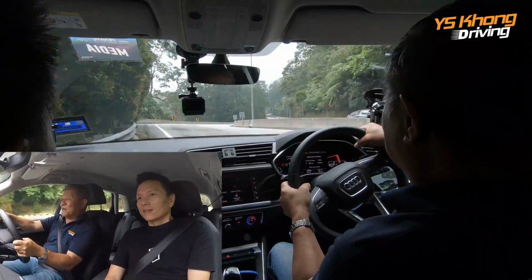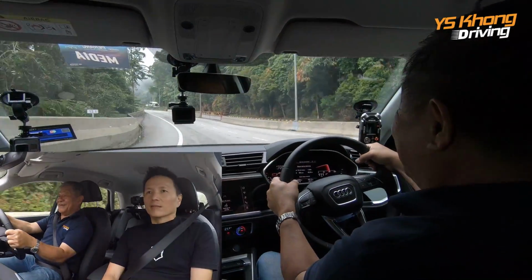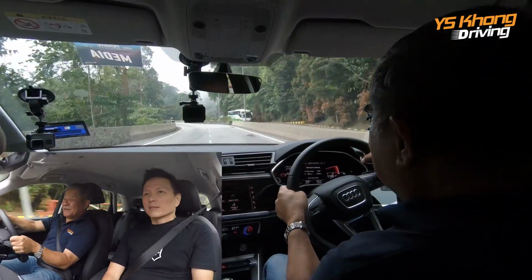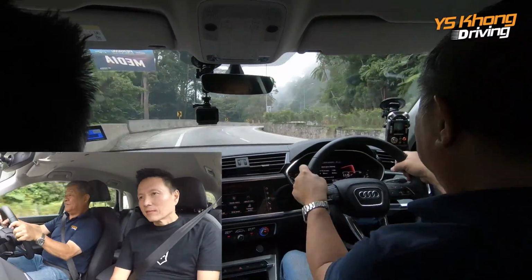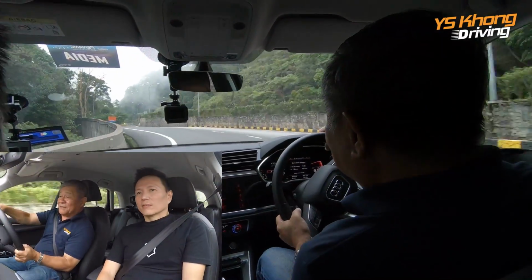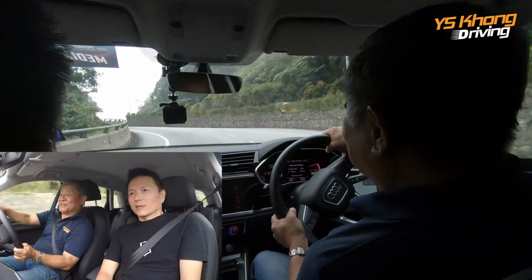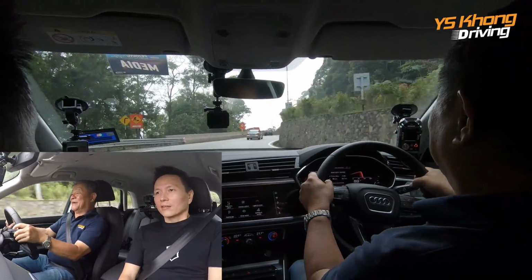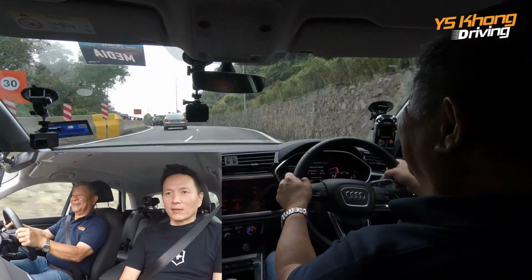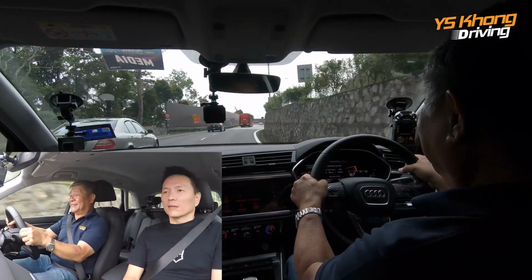So this is one of my favorite parts of the hill climb. Bit of a lift off to get the weight transferred, then you pendulum the car through, and we have to slow down for the cars here,